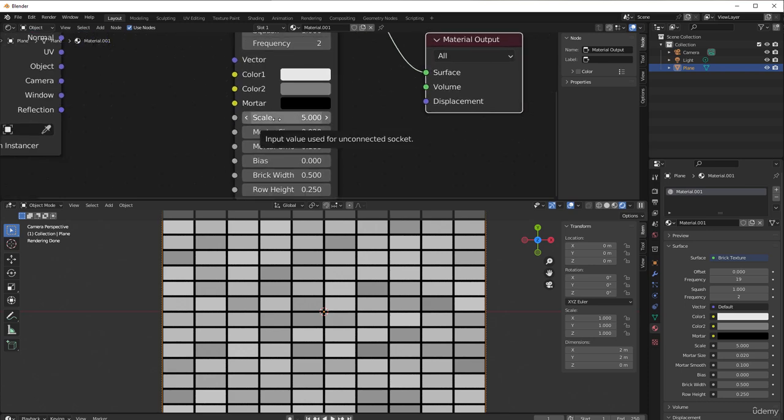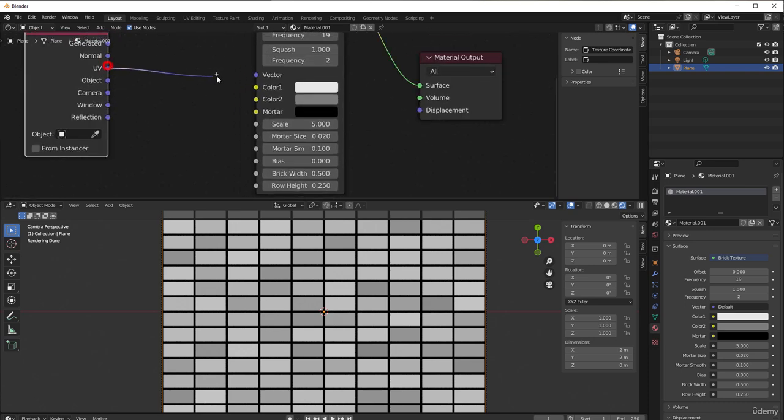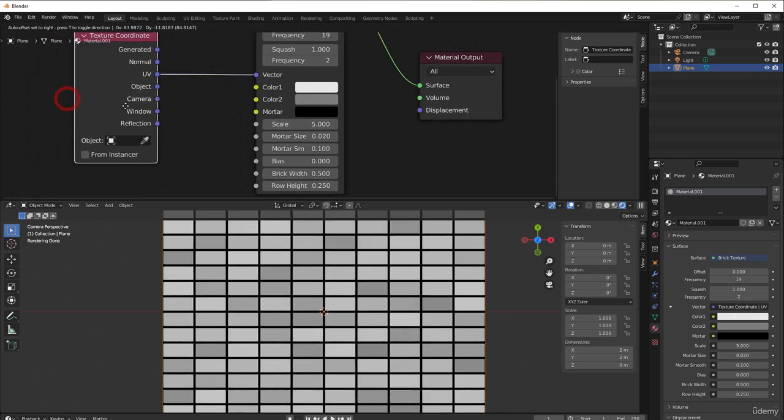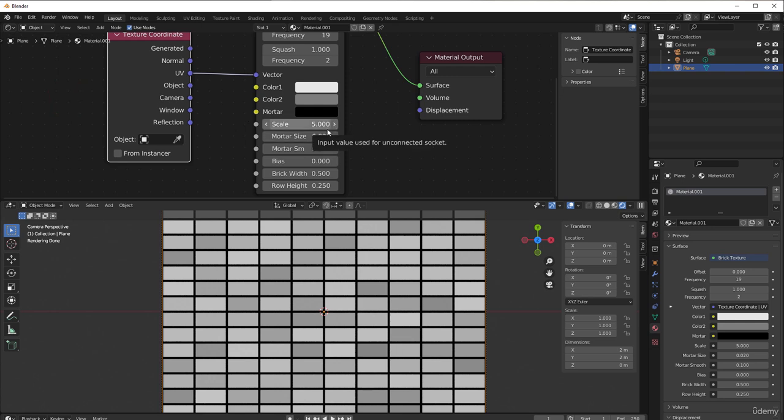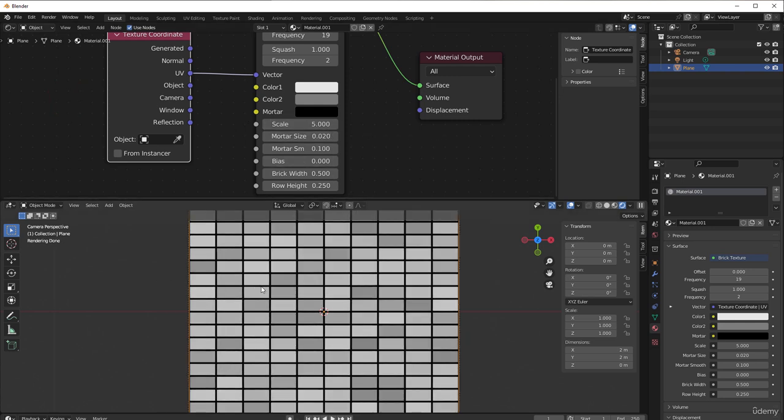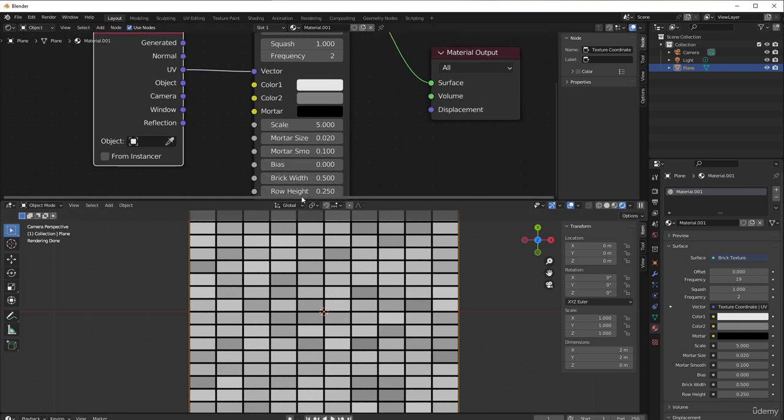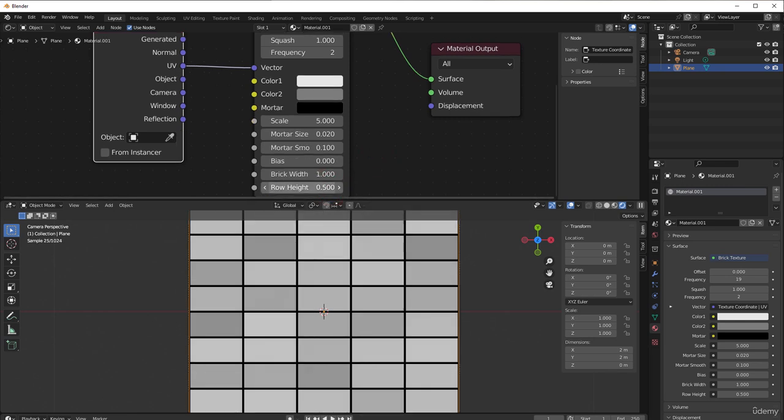We have a scale, and if I put in the UV here and we use the scale of 5, then you can perhaps think, okay, but this is way over 5, and that is because we use a lower number here when it comes to the width and height. So if I put this to 1 and I put this to 0.5, then you can see with a scale